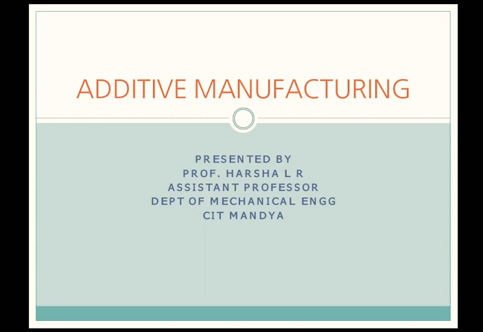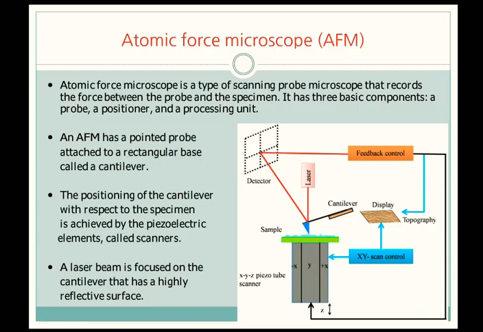Dear students, the next type of microscope that we are going to study is the atomic force microscope. It is a type of scanning probe microscope that records the force between the probe and the specimen. It has three basic components: probe, positioner and a processing unit. In the figure you can see that there is a probe, a positioning element, laser beam and detector,